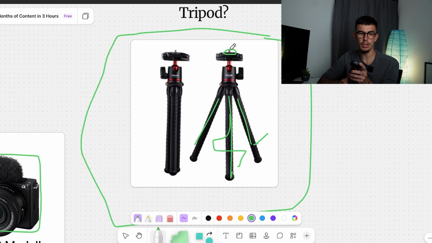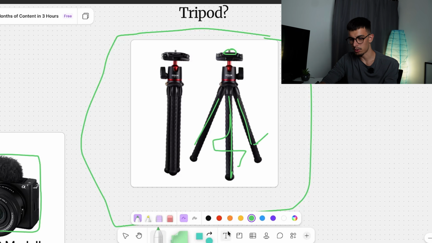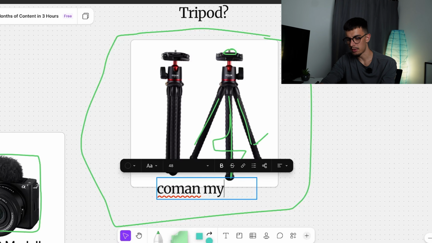I have a big tripod for my camera right now, but this thing is very versatile and can do a lot, so I would highly recommend buying it. It's called Common MT40. I'm gonna write that down for you. It's called Common MT40,